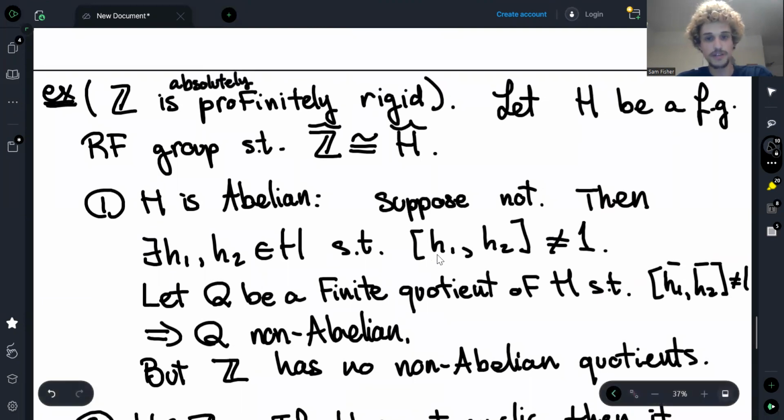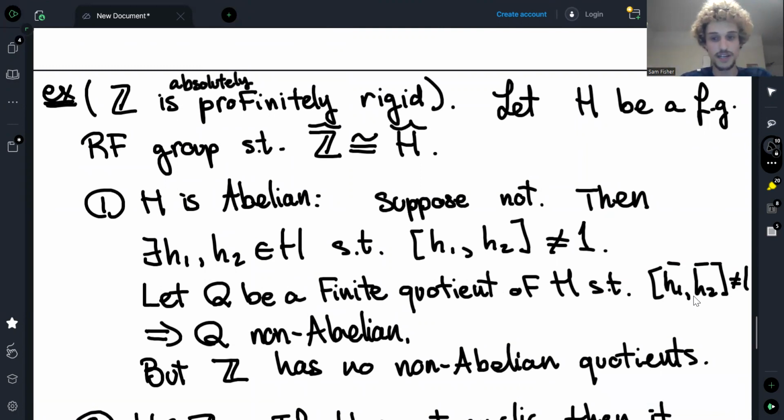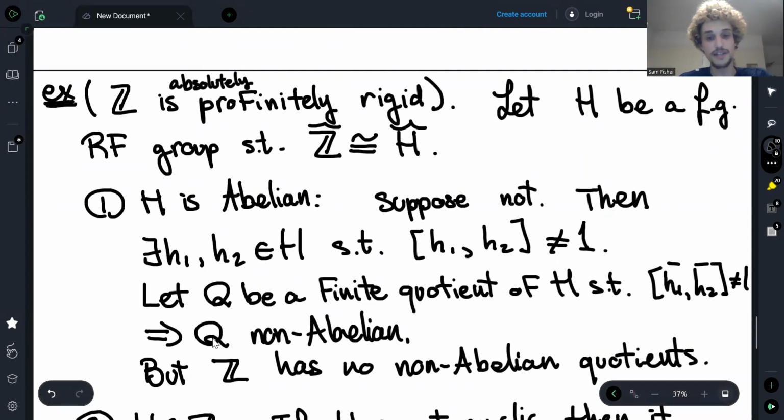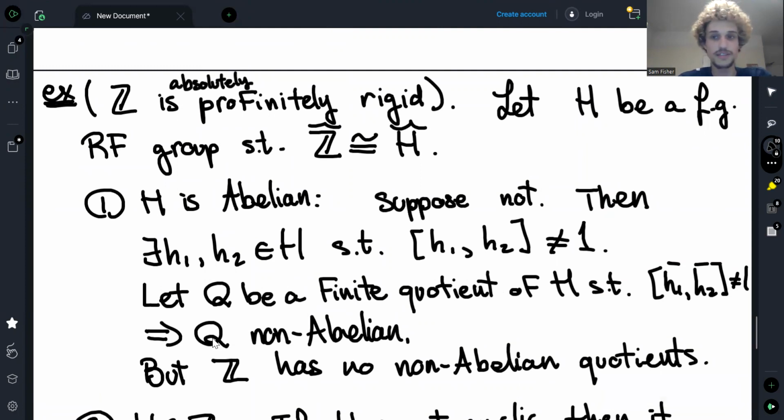That means that their commutator [H1, H2] is not the identity element. Now we're assuming that H is residually finite, so there's a finite quotient of H where the commutator doesn't die. There's a finite image of H where the commutator is not the identity, and that means that this finite image is non-abelian. Okay, so H has a non-abelian finite quotient, but